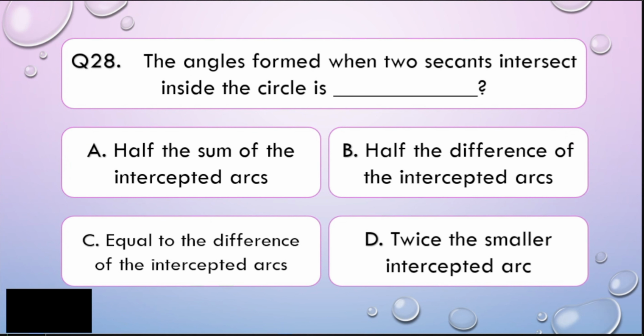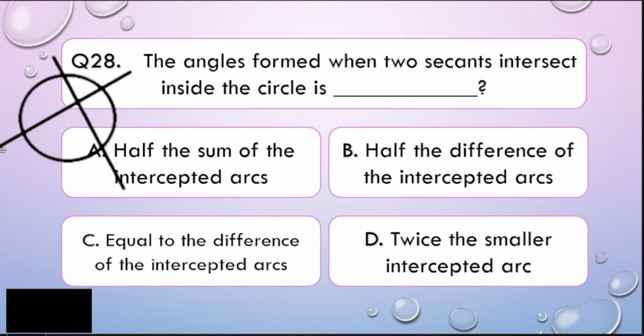Alright, math learners, this is an example of 2 secants intersecting inside the circle. So, in order for you to understand it well, let's consider one drawing. Let's say that is your circle, and then you have your 2 secants that intersect inside the circle. This is the angle. So, we will now be talking about the angle. The angles formed, we are talking about this one, this one, and this one. So how do you get that one?